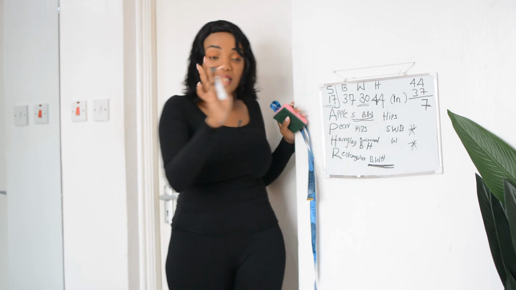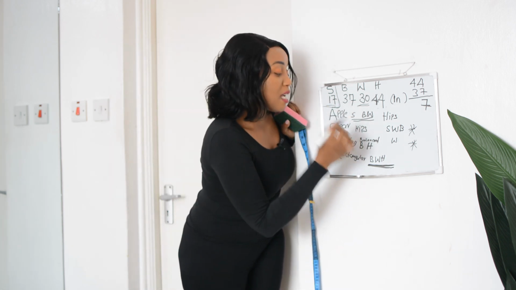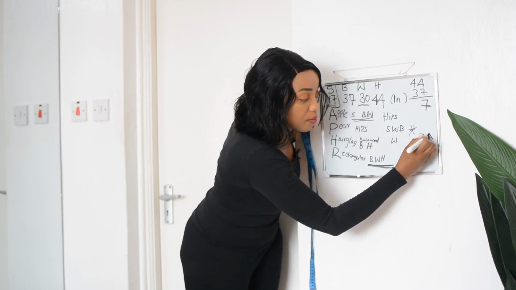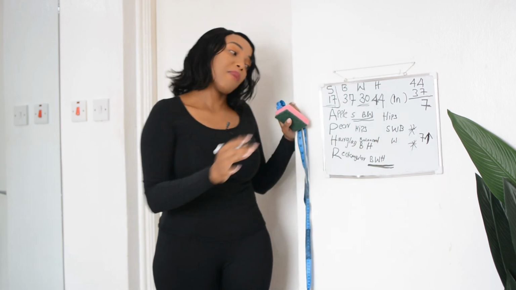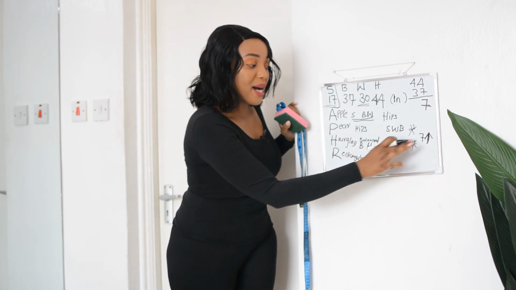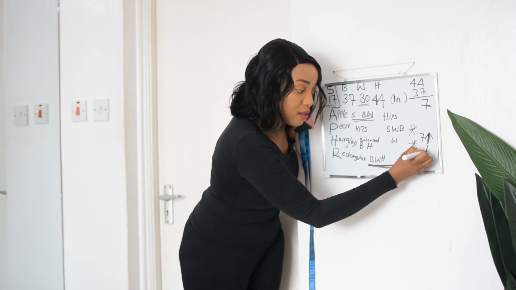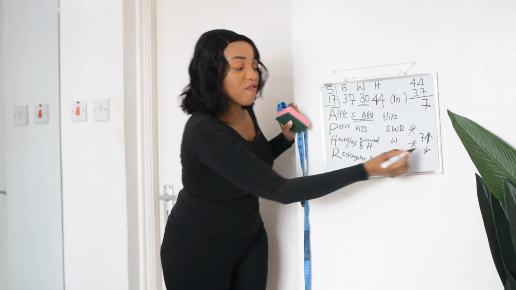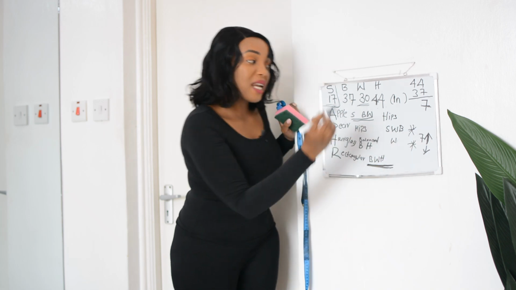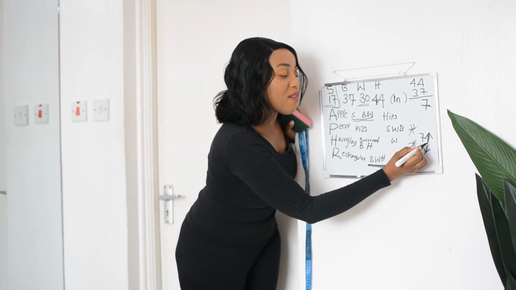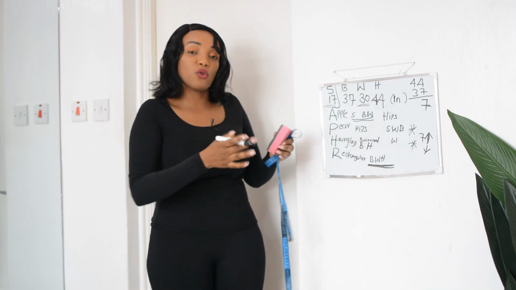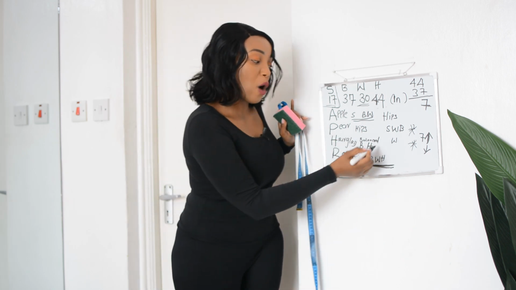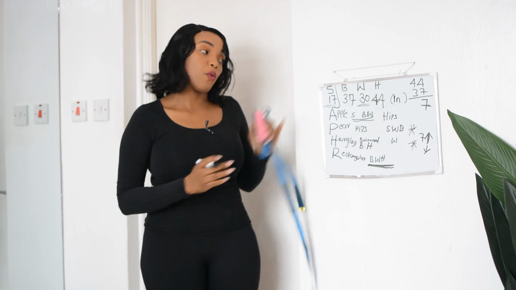Before we even come to this one, just ignore it. If the difference in inches is between 7 and above, then you fall under a pear. But if it's anything below 7, for example if my difference was like 6 or 5, then I would have been a perfect hourglass. But now, because I'm in the middle, 7 is the one that we are looking into. So anything 7 and above, I'll be a pear. Anything below 7, I would have fallen under an hourglass.